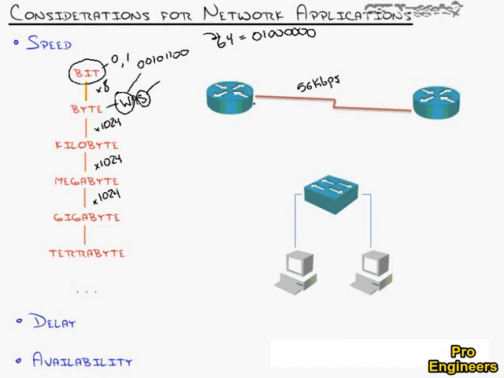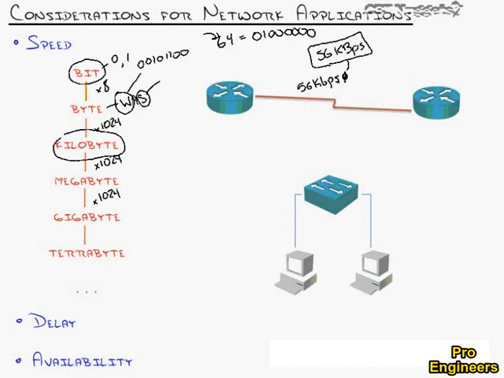Oh, no, it's not. That would mean if it was 56 kilobytes, notice the capital B, per second, that would mean that we could send 56 pages full of text without any margins in 1 second across that link. And that's actually not possible with a 56 kilobit per second link, because when you think 56 kilobytes per second, what do we have to do to convert that to kilobits per second?